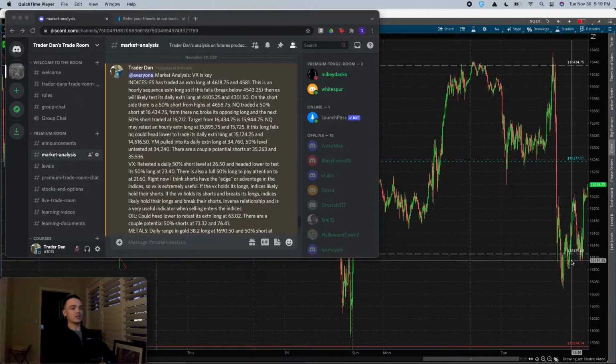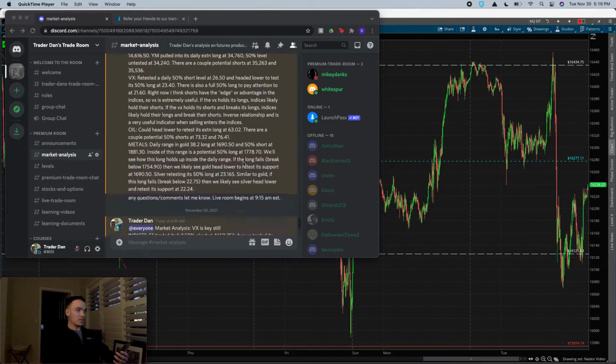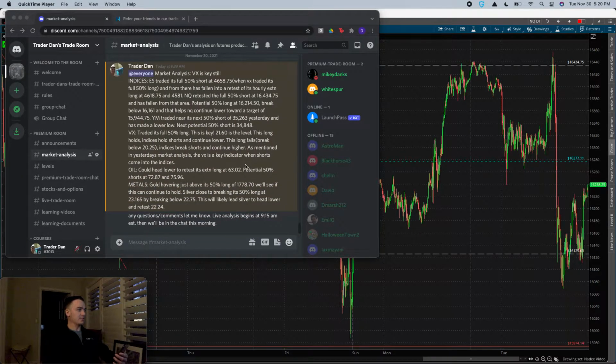This fell almost 400 points from this level. So it could have been an even bigger day for me on futures, but it just wasn't that big. But for Nadex, I want to move down into the Tuesday analysis. So that was this morning. I mentioned the VIX is still the key. We have to pay attention to that. And again, that's a lesson for another time, or if you join the trade, you can see some information on that. But I say the NASDAQ retested the full 50% short at